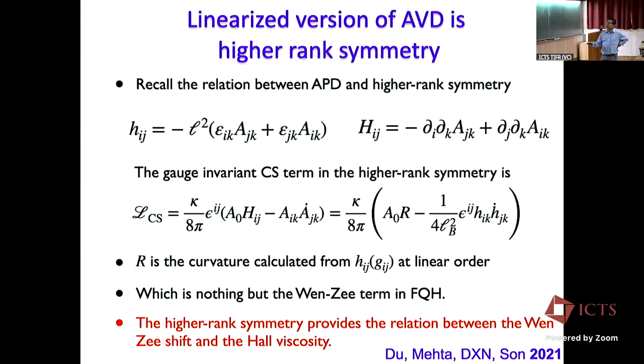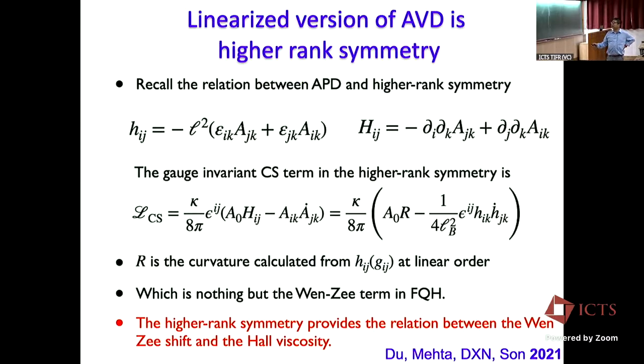When you put the quantum Hall on a sphere, the total number of charges will change by the Euler characteristic of the sphere. And the second term is the response of the action with respect to the metric. This is nothing but the Hall viscosity. Because of the high rank symmetry, these two terms come together. It tells you that the coefficient of the Wen-Zee shift is also the coefficient of the Hall viscosity. So it's a constraint.